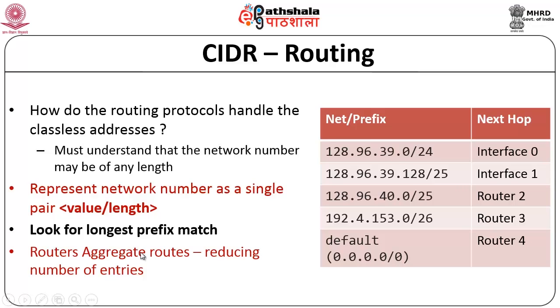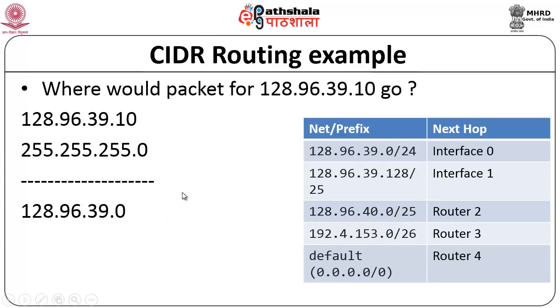you could have situations where a given address may match more than one prefix. Then we always look for the more specific match. Okay, so that is one thing. And by doing this, using this kind of CIDR routing, you will also see that you can aggregate routes in a better manner. Okay, to quickly go through an example,